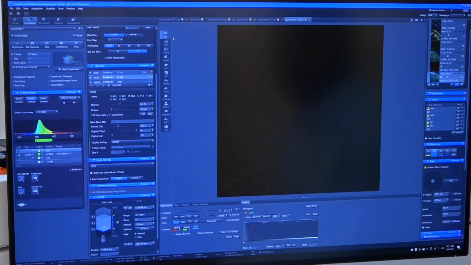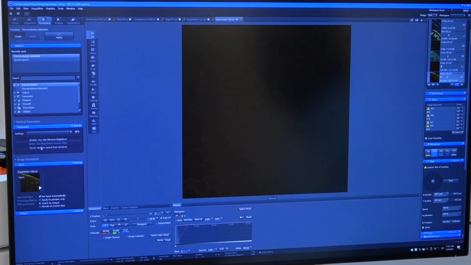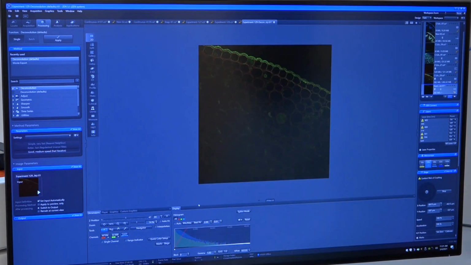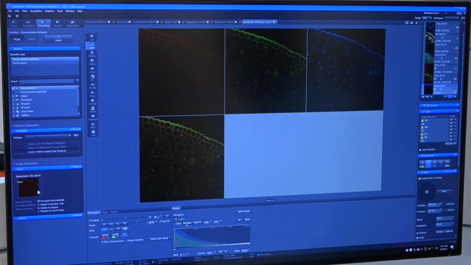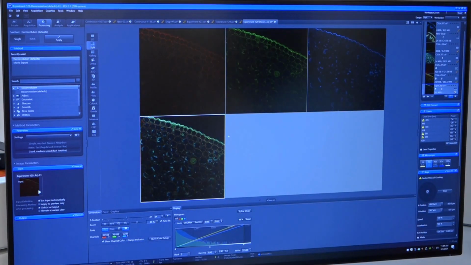Apart from this, if I want to further process this image, I can go to the processing part, and here I'll say simply I want to deconvolve this entire experiment. So I'll select the deconvolution, and once it is selected, you'll see the progress because it has multiple Z positions. After deconvolution, this is my deconvolved image, and in this image I can split and see the different channels. I can also play around with the histogram to make it look a little better. So you can see all three channels.